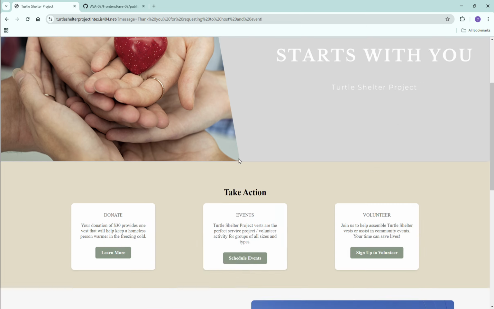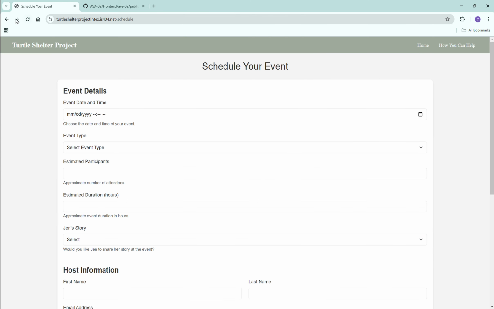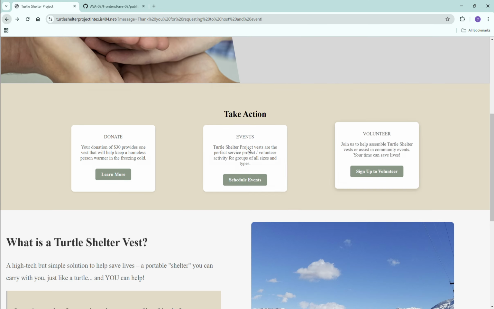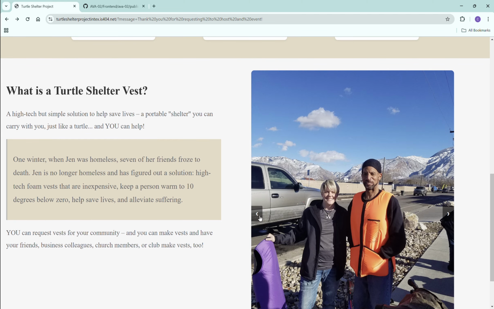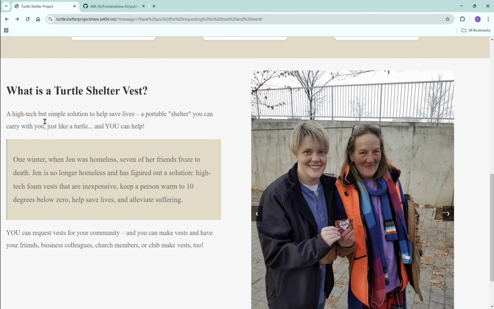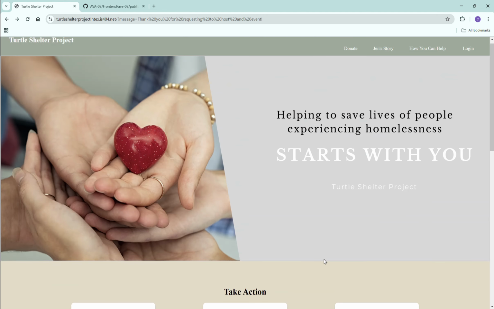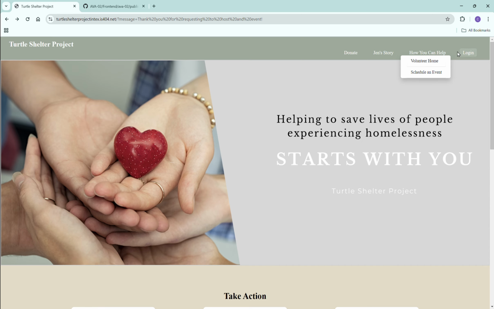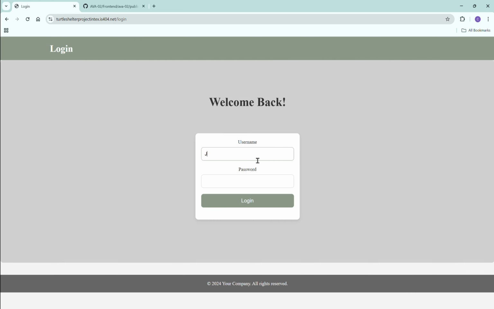Thanks. And you can also access each of those pages from these shortcuts. Then down here we describe the Turtle Shell project with pictures. It says what a vest is, why it's important, and how you can help. There's also more information in Jen's story. Then here you can access